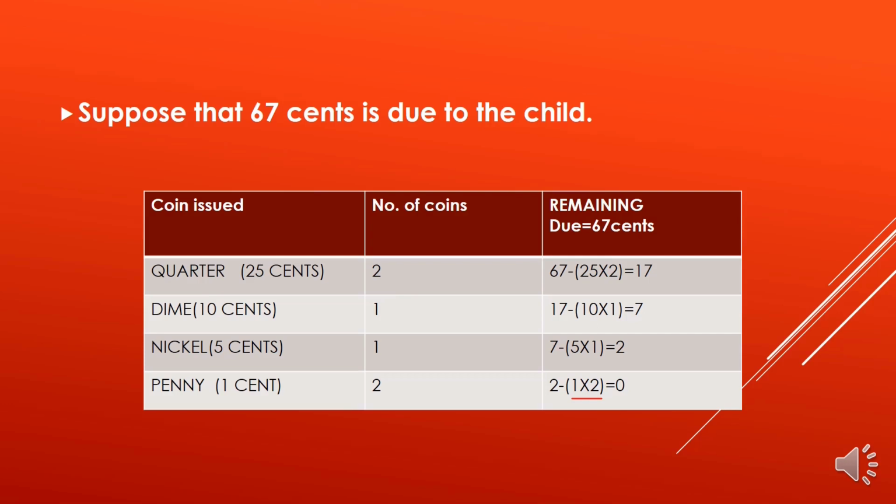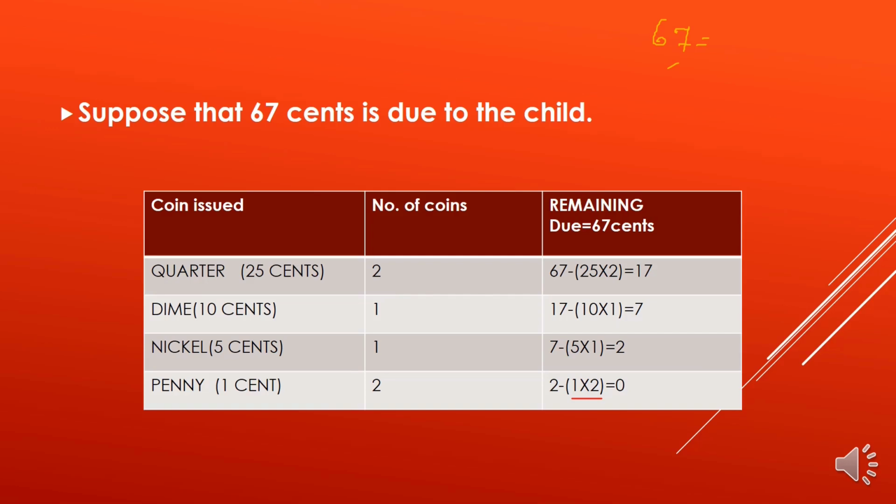Okay, now, as I said, a quarter is equal to 25 cents, a dime is equal to 10 cents, which I have already told, a nickel is equal to 5 cents, and a penny is equal to 1 cent. So he has to give 67 cents to the child. For that, what will he do? Whenever you have coins like this, it is always better to arrange them in order of the cents, the value of the coins.